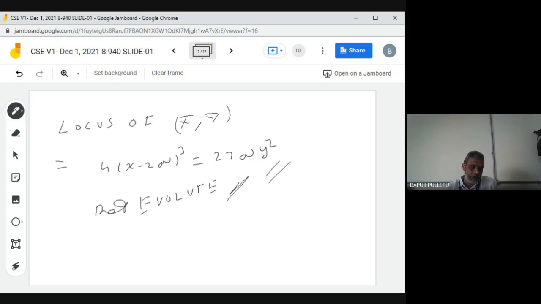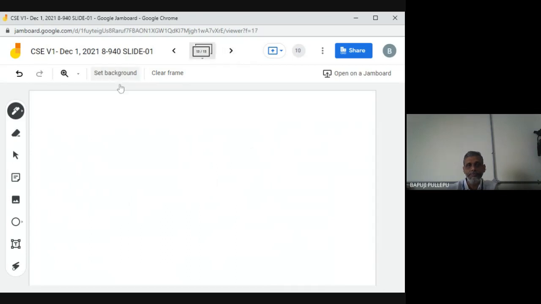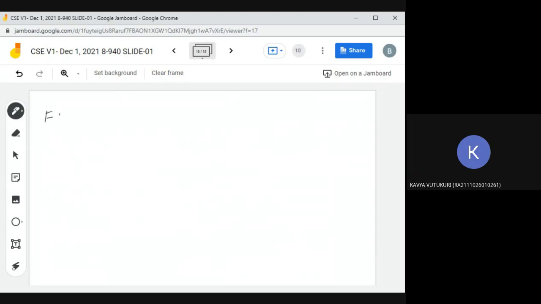Okay, now we do another problem. Come on, slowly. Do the next question. Find the equation of the evolute of the ellipse x squared by a squared plus y squared by b squared is equal to 1. Same story. Now x is equal to what? You will take a point. They are not giving the point. A cos theta, b sin theta. Very good.